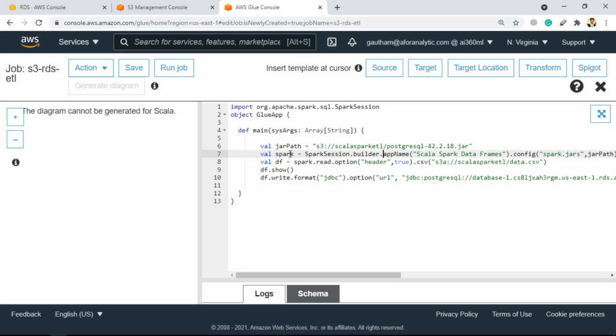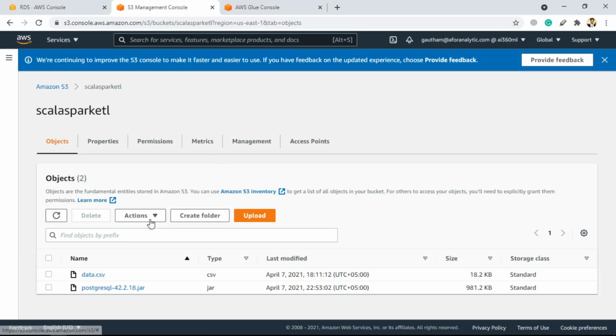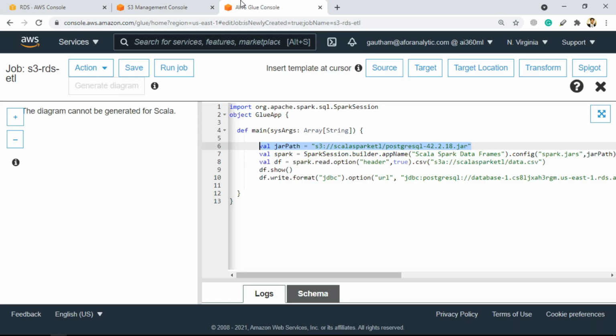Whenever the Spark data frames actually require some jar files, it will go for this configuration. It will check that, okay, while creating this Spark session, I got these Spark jars in the configuration, it will refer to this path, which is an S3 bucket. It will get over here, get this jar file, and start working with that.